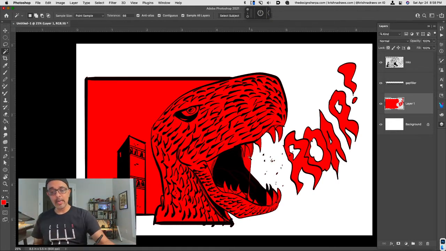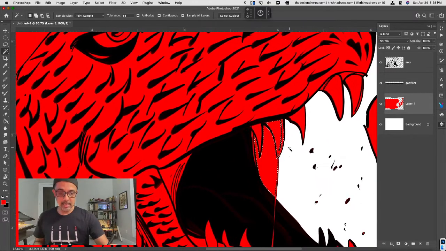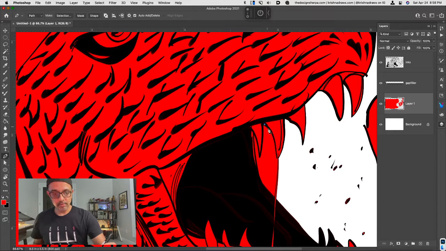Now, there is one area that I don't want red, so I can use my Magic Wand tool. You can see that when I use the Magic Wand tool, because I did not close the gap, the selection also extends to this tooth. So how do I deal with that? Well, I could go back to my inks layer and just fill that in with ink, and that's probably the fastest way, but since I'm showing you different ways of selecting, if you use the pen tool, you